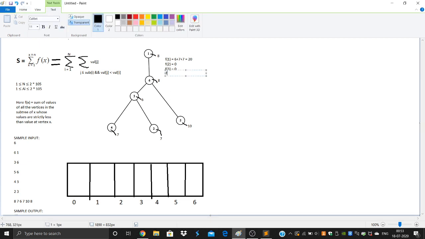So f of 3 is also 0. f of 4 would be 0 again because it's a leaf node. f of 5, 5 again being a leaf node, would be 0.